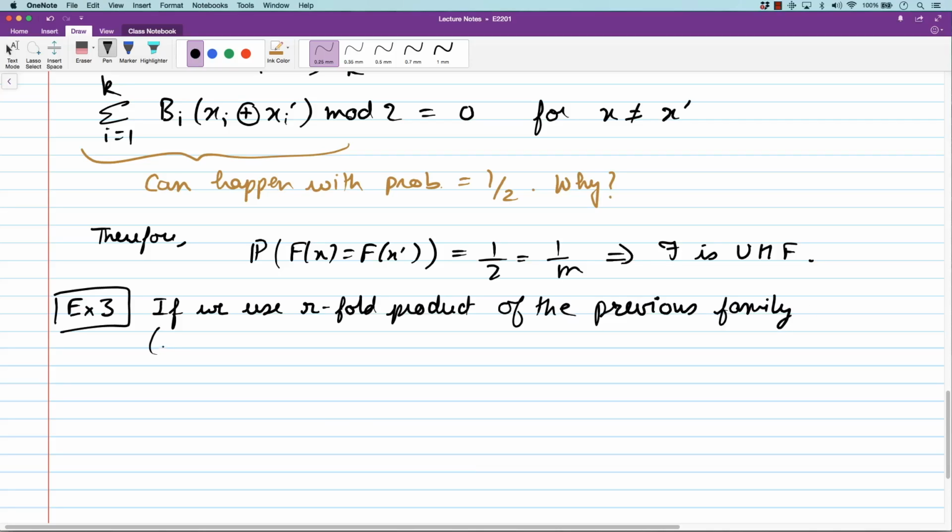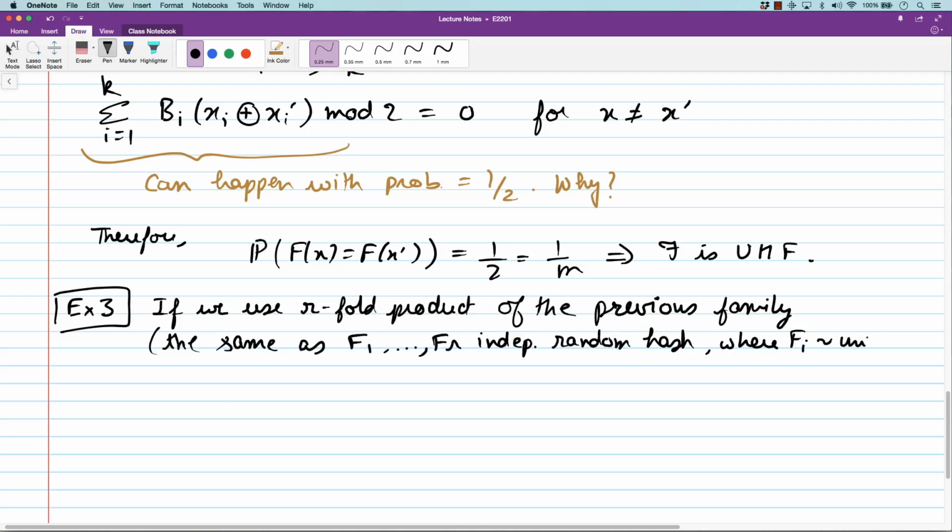this is the same as having f1 to fr independent random hash functions, where each Fi is uniform on this F. Then, what's the family size? I'll denote this family by R. Its size is 2 to the power Rk,